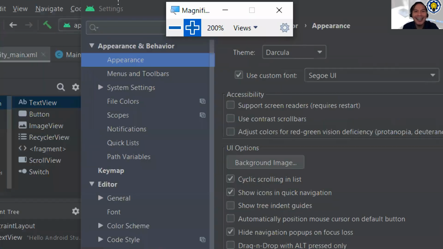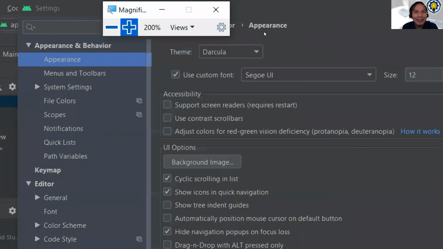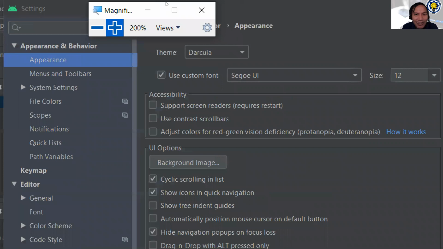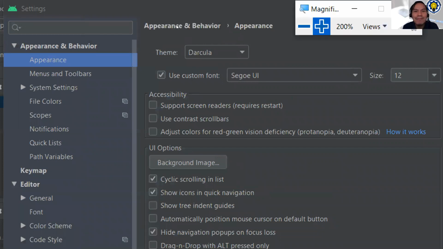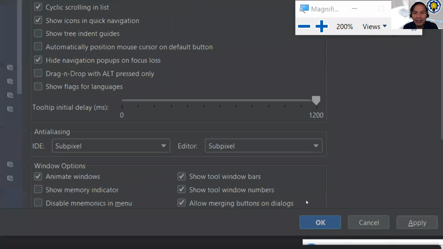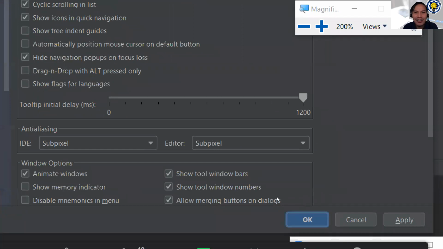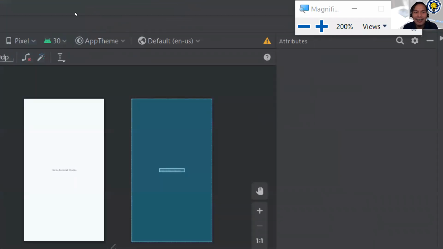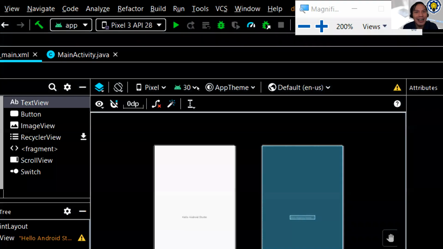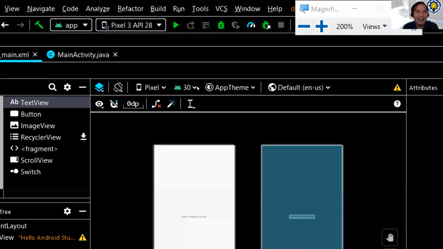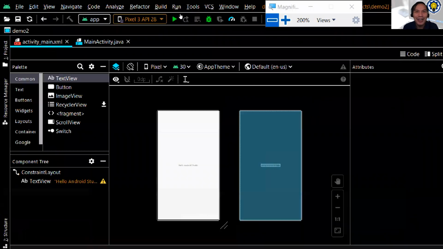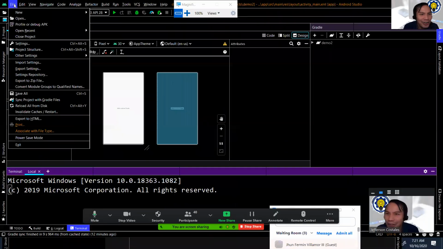This one, okay? So now it's bigger. Okay, this is the theme, the theme that you want to select. If it's either the high contrast, if you're going to select that, that's the high contrast. But it depends on your preferences. But in my case, I rather prefer